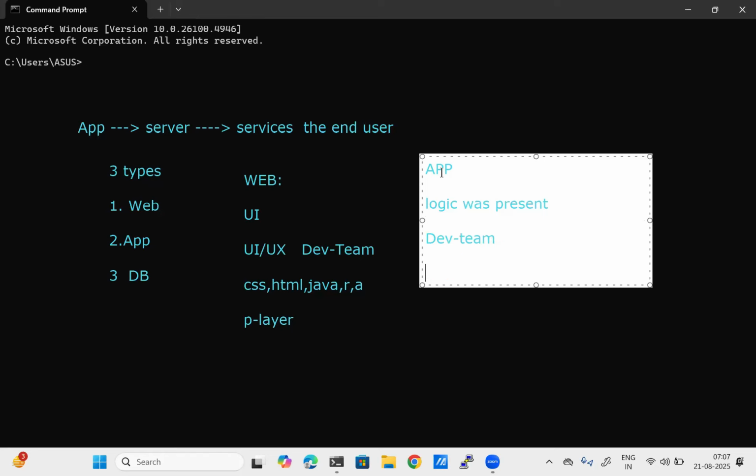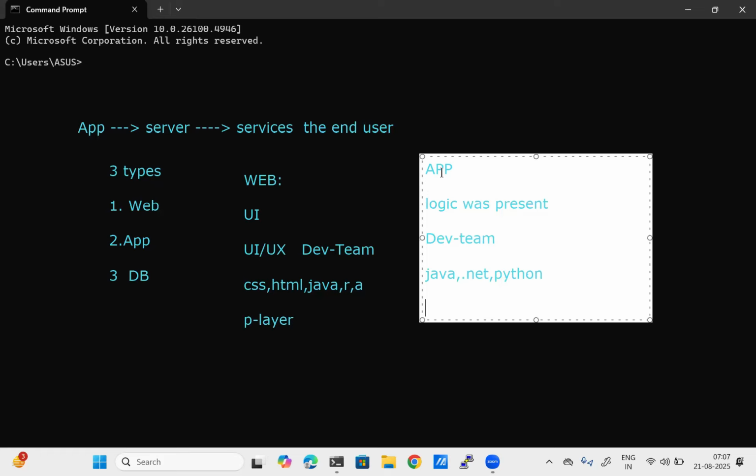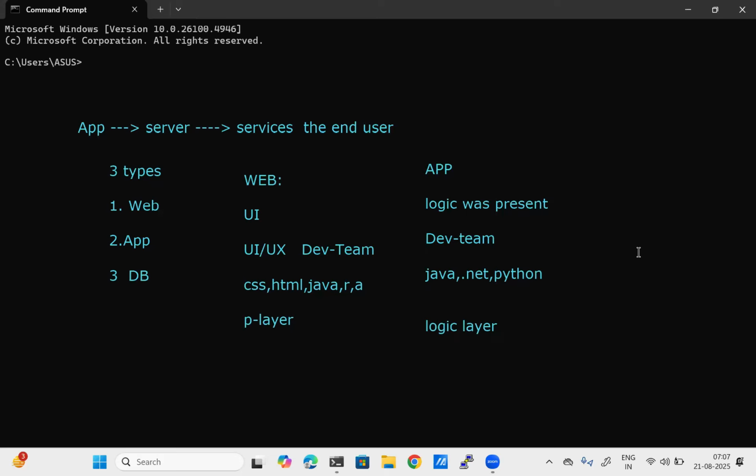Which technologies will they use? Java, .NET, and also Python. Where will it be present? It is going to be present on the logic layer.